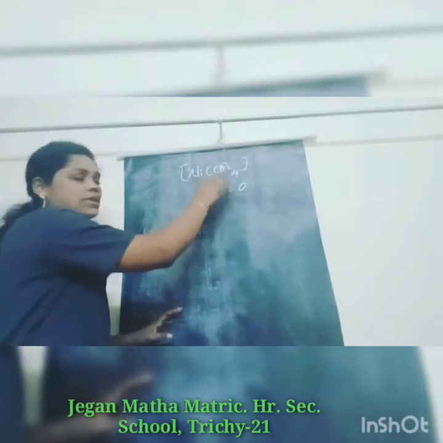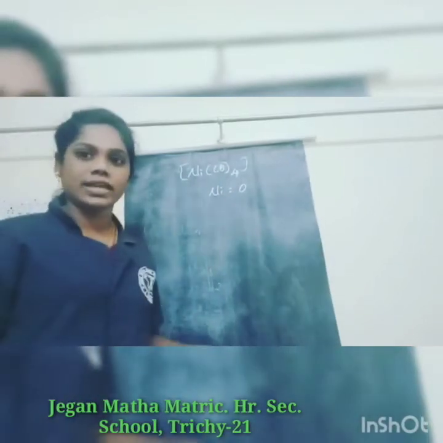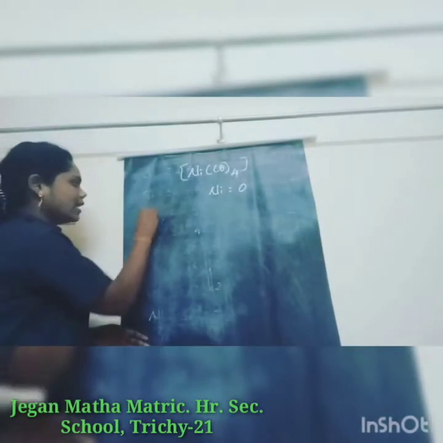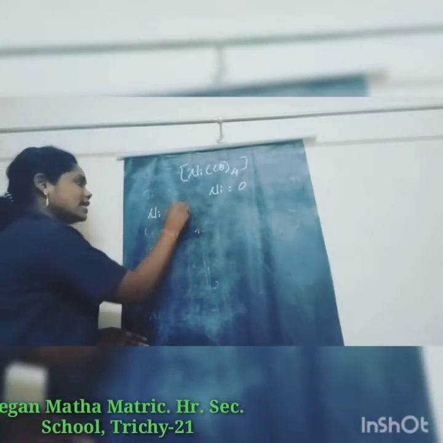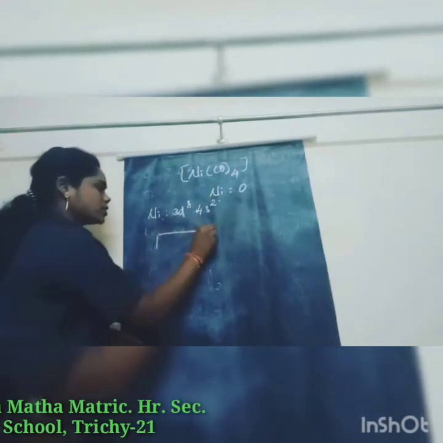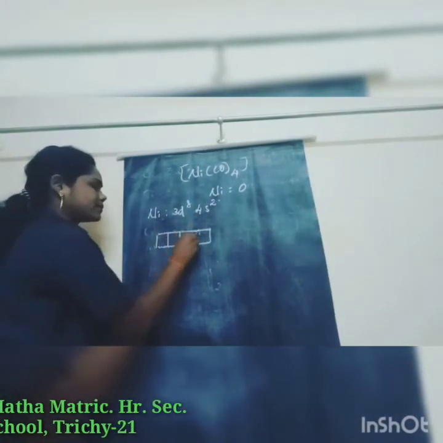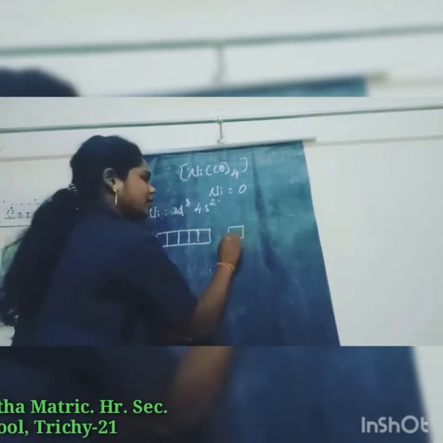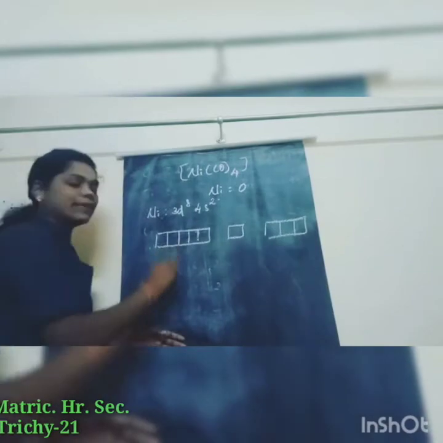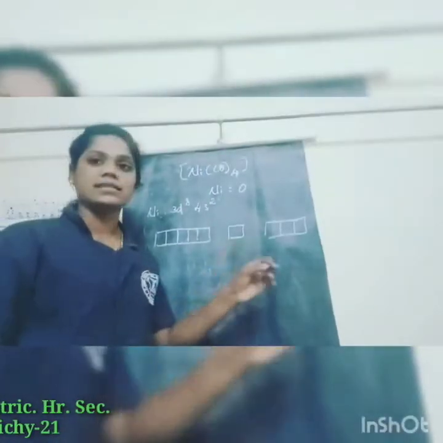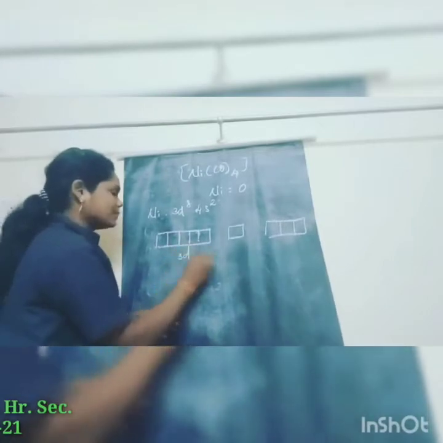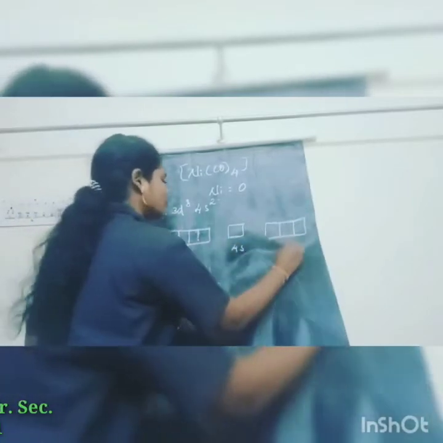So it is nickel with four CO. What is the electronic configuration of nickel? It is 3d8 4s2. Now make a diagram: this is for the d orbitals, this is for the s orbital and this one for the p orbitals. The d has totally 5 orbitals, s is 1 orbital and p is 3 orbitals. So 3d, 4s and 4p.